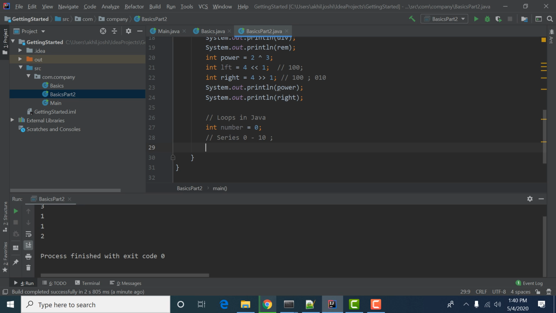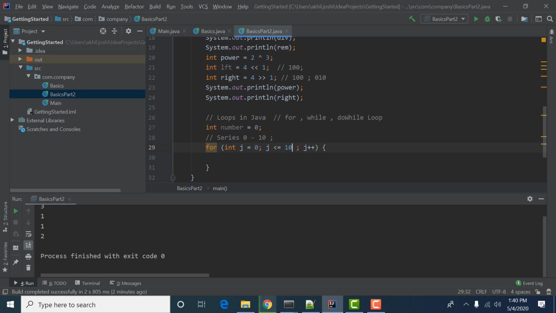What we do is tell our computer, hey computer, there is a for loop. There are three types of loops. First I will tell you what these are. There is a for loop, a while loop, and a do while loop. We tell the computer, hey computer, you have to print numbers from 0 to 10.